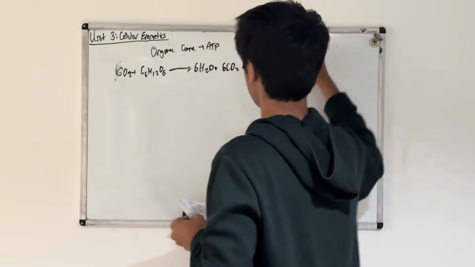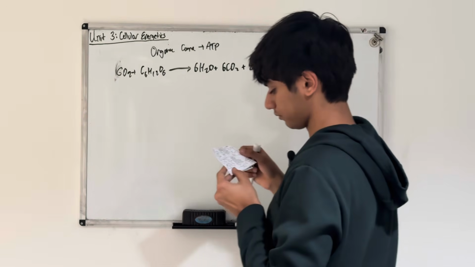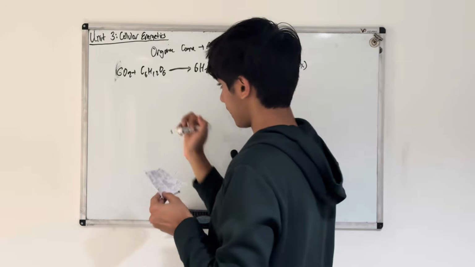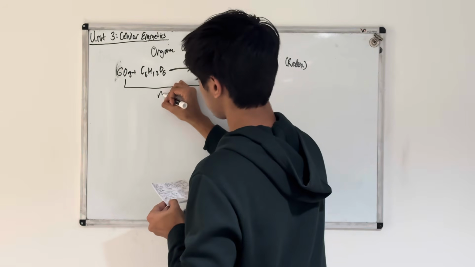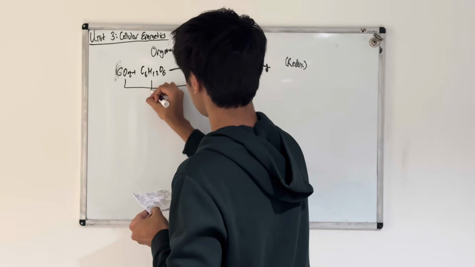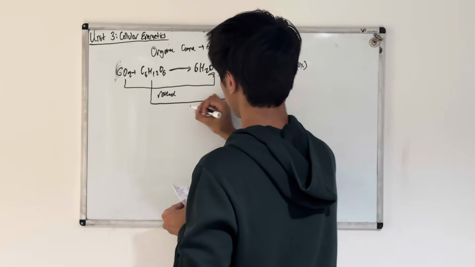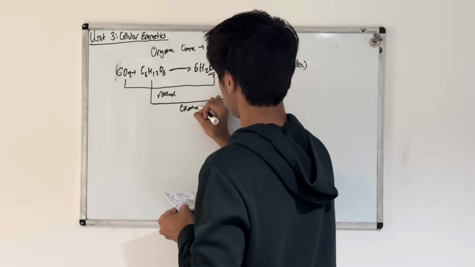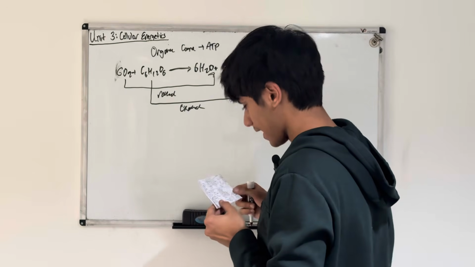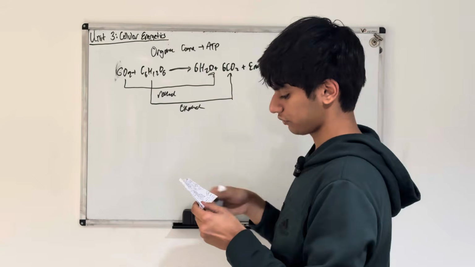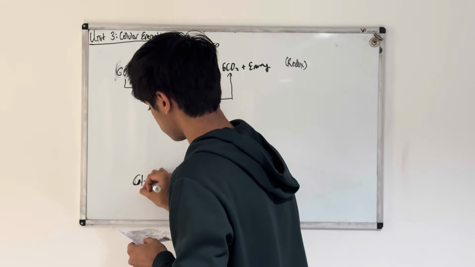Okay, and again, this is a redox reaction as well. It's catabolic as opposed to anabolic from before. Here we have the oxygen, which is now being reduced, right? So it's gaining electrons. And then we have the glucose, which is being oxidized because it's losing its hydrogen, so it's losing its electrons. And just the main steps of cellular respiration in general, we have glycolysis, which occurs in